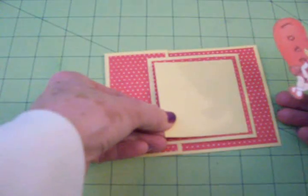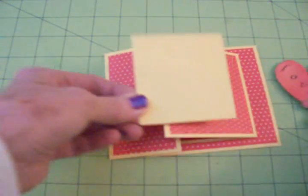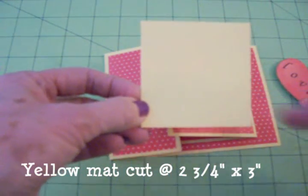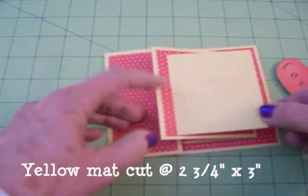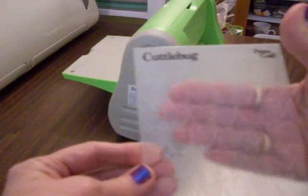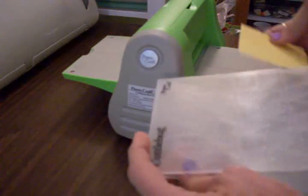And I do want to have her on a yellow base so she really pops. And I think I'm going to take this yellow square. This is cut at 2 3/4 by 3, and I think I'm going to run it through the Cuttlebug using the Heart Blocks folder just to give this card a little more dimension. Okay, this is the Heart Blocks folder. I don't know how well you can see that, but it's just little hearts, and they've got little squares around them. So we're going to put our piece of yellow cardstock inside the folder,